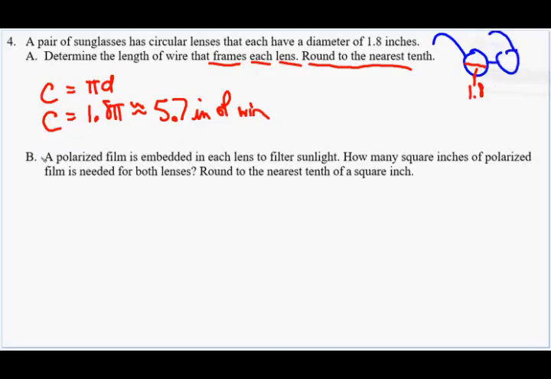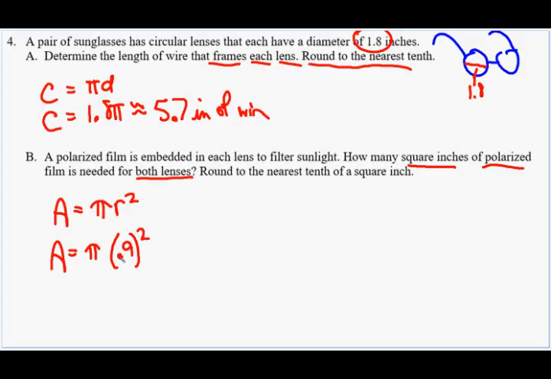And now in part B, a polarized film is embedded in each lens to filter sunlight. How many square inches of polarized film is needed for both lenses? So we need to find the area of one of the lenses and then double it. And our area formula is pi r squared. Well, up here they did give us the diameter was 1.8 inches. Half of that would be 0.9 inches. So our area is pi times 0.9 squared. So 0.9 squared is 0.81. 0.81 times pi is about